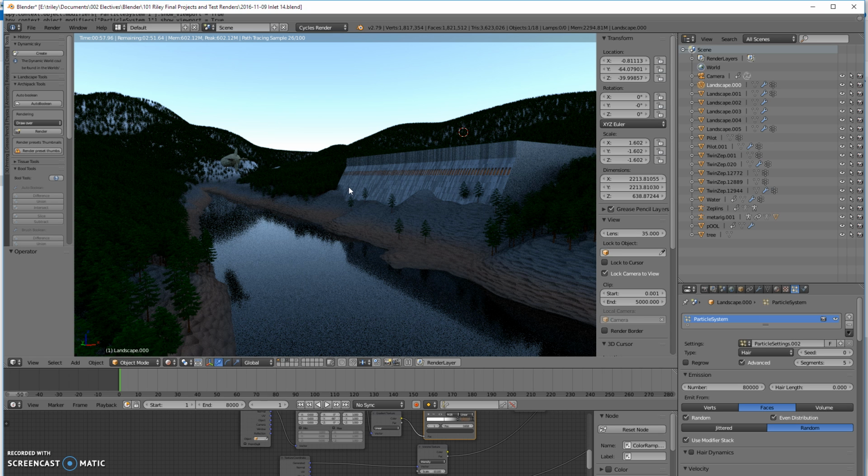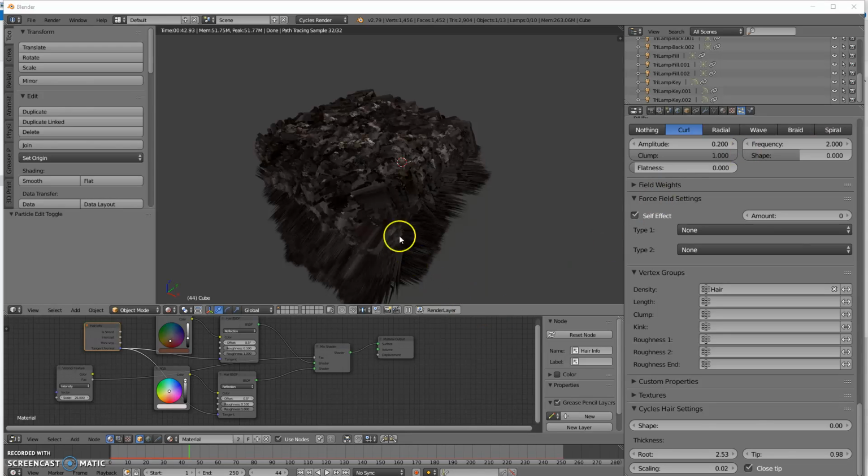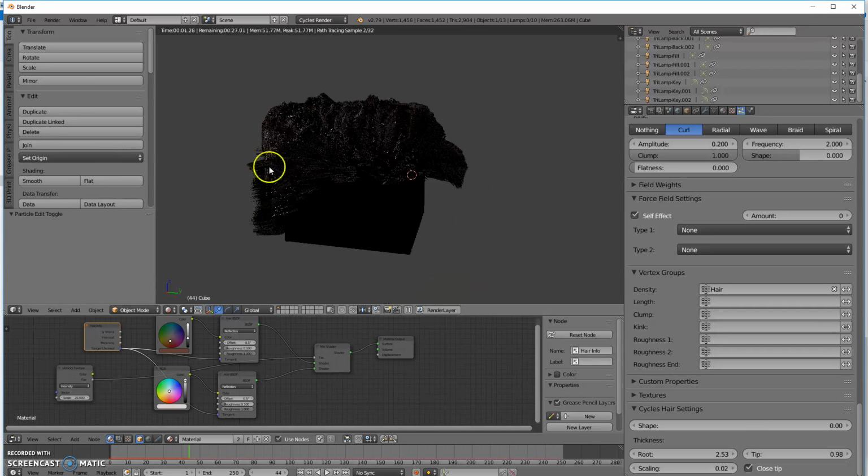If you want to have long hair that's flowing and whacking into things, it doesn't work with the physics engine really well yet, so you can get hair going through itself and through the mesh that it's attached to as well, which is a little bit odd. So anyway, I was playing around with the settings earlier, working with the particle system. This is a little bit of what I was talking about as far as it going through itself and going